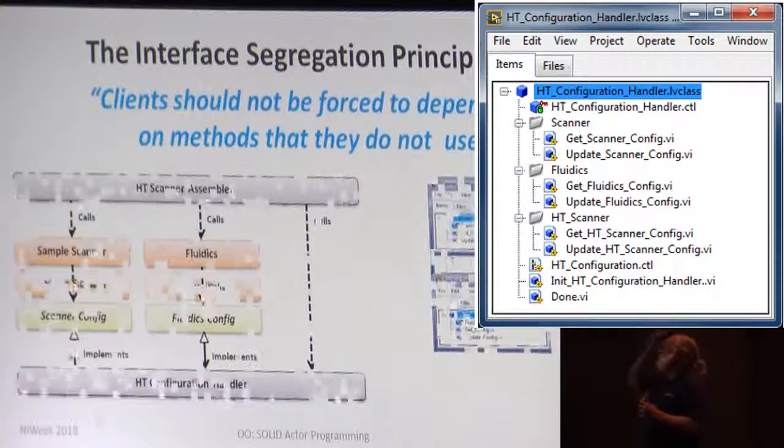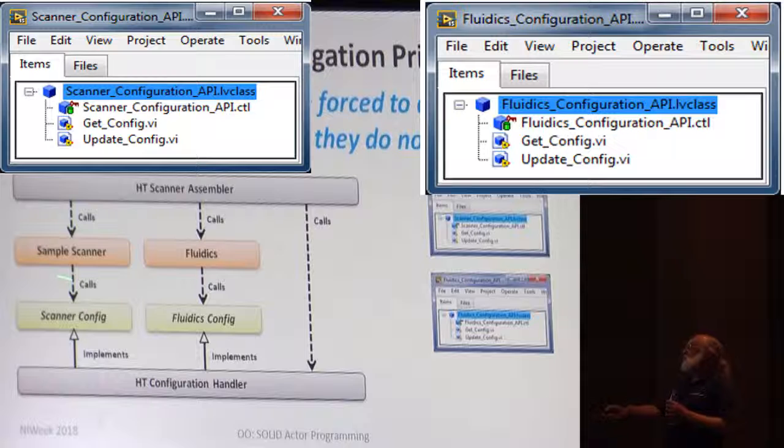And the way to get around it is create the interfaces for loading and saving configurations. So now you have two interfaces specific to your two subsystems, and your configuration handler should implement both, right? No, this is not possible in LabVIEW because you have two inheritance arrows, and LabVIEW does not support multiple inheritance. So this is possible in C++, but not LabVIEW. And you need to do stuff to get around it.